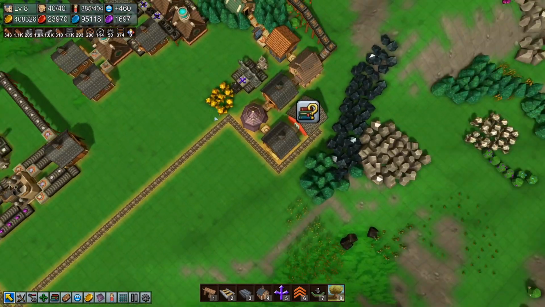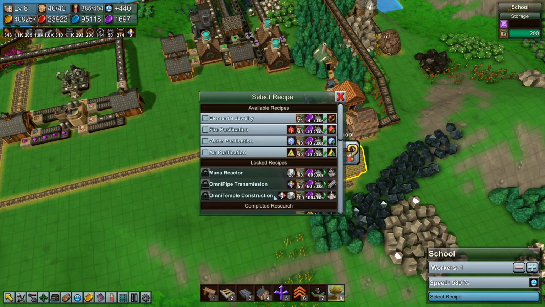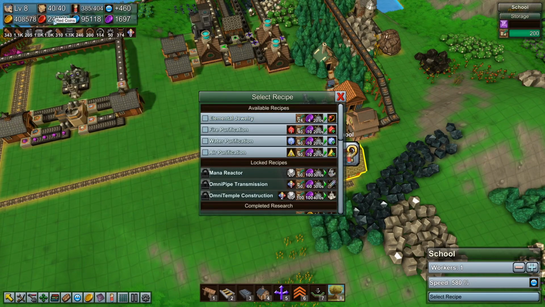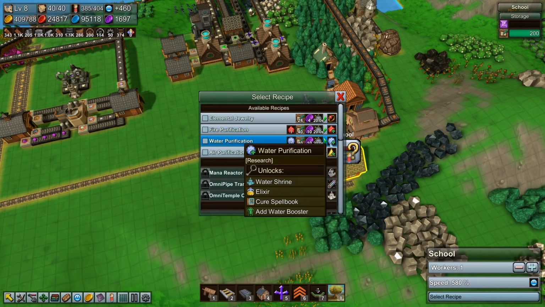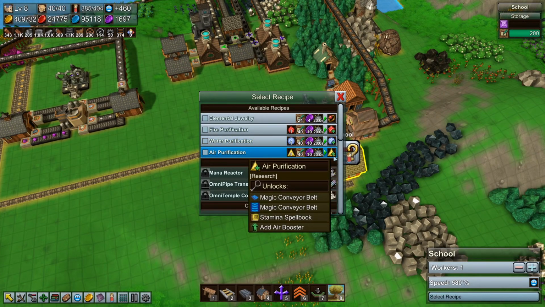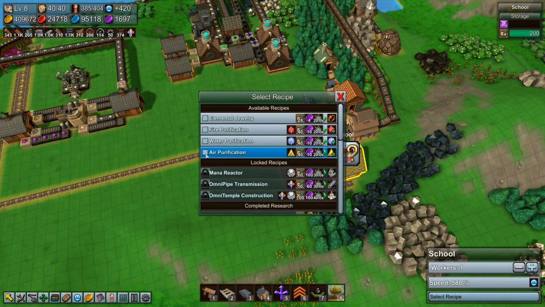Speaking of which, let's have a look-see at what other wonderful things we can learn. Now we have our earth going. We can sell jewellery, which will give us more things. We still need more red coins. We still need to boost up that. But I kind of want to get the air rails, because I think... Was it air rails or was it magic conveyor belt? I think it was conveyor belts actually I wanted. I think it was both. I want all three of them. So let's go with